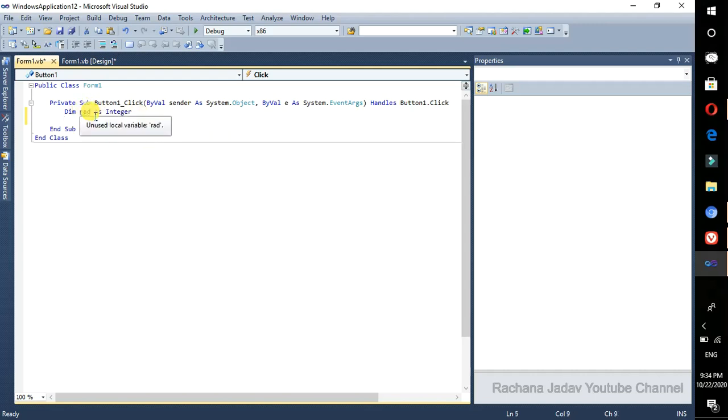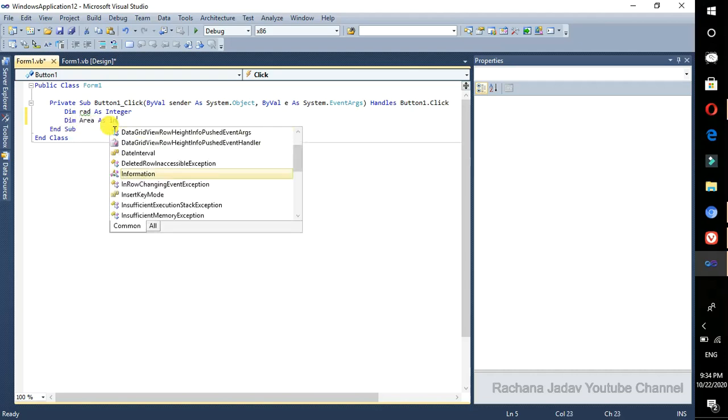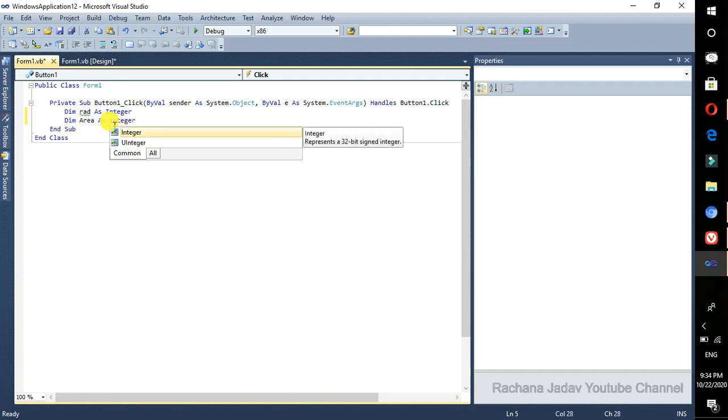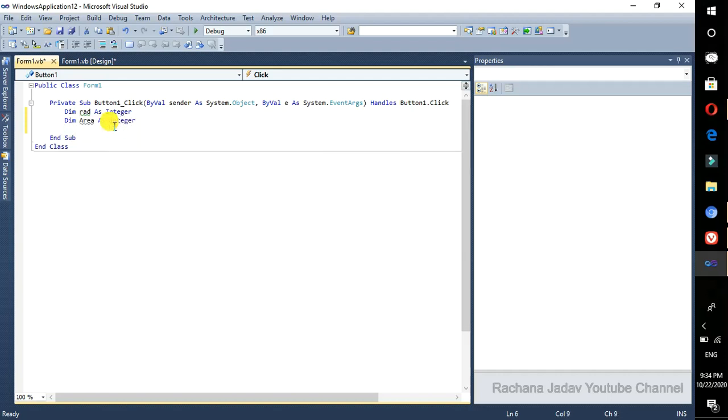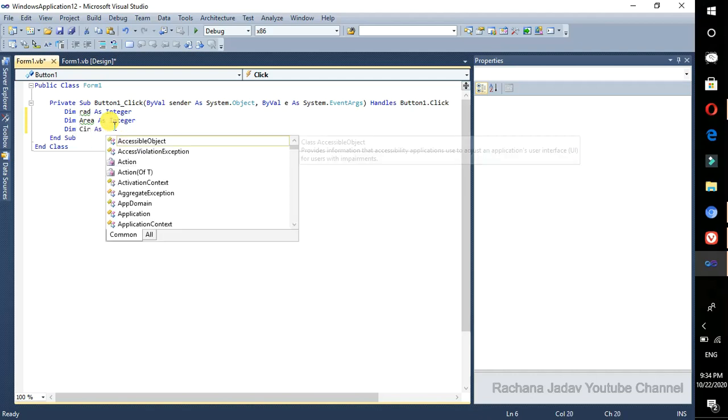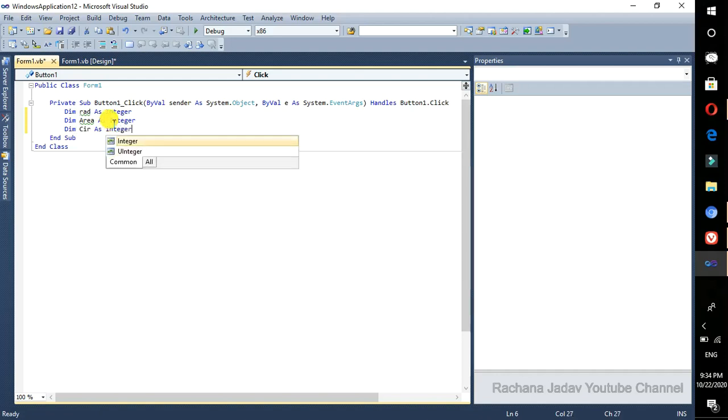We want to give rad as a variable. Instead of rad you can take r also, it is not like that, it depends on you. Area as Integer, and then we need circumference. For circumference we are going with the short form, that is CIR.